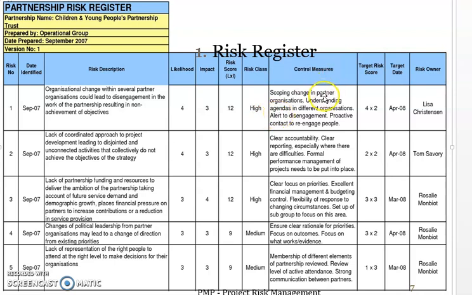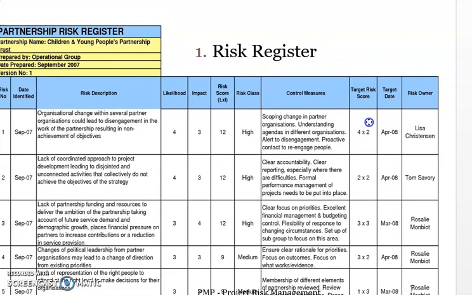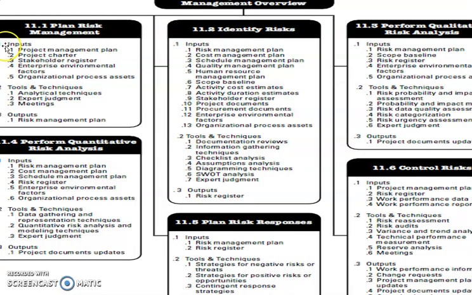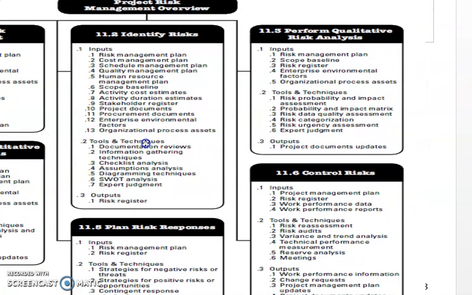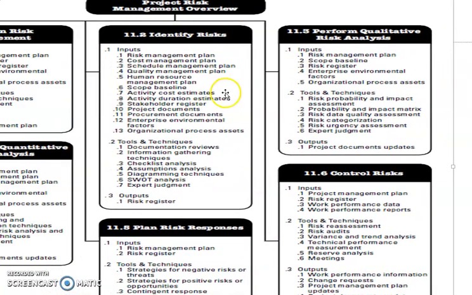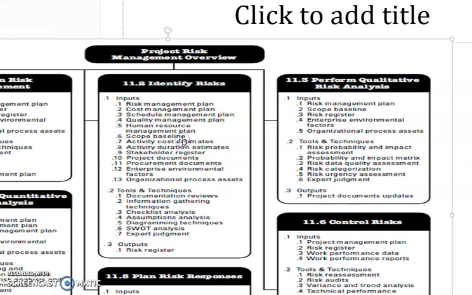Control measures. What control measures can we take on this risk? Then target risk score. What should be the target risk score? Target date. Who is the risk owner? All those things are mentioned in this risk register, one by one. Let us go back. So the risk register, that is the second process. Then the third process is